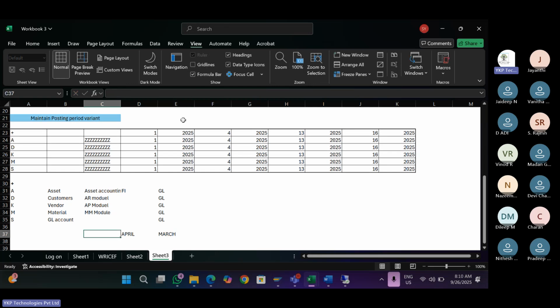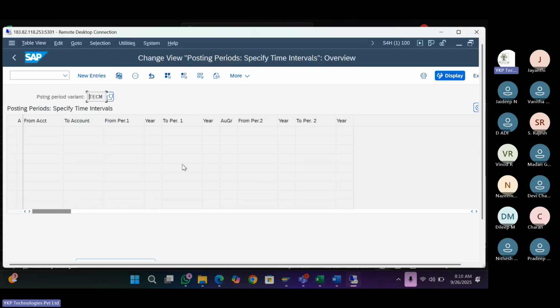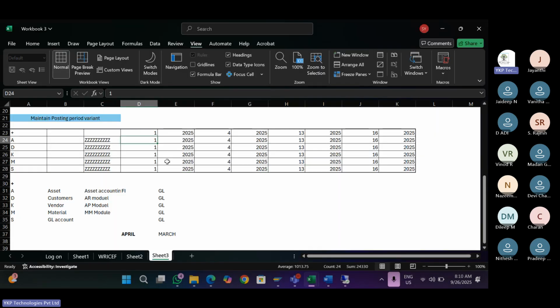So now if you are in the April month, your posting period should be open in the system. Every month we need to come to this screen and change it. Here what we control in these four fields, from period year to period year, is this: if I am in the April month, and if my year is 2025,